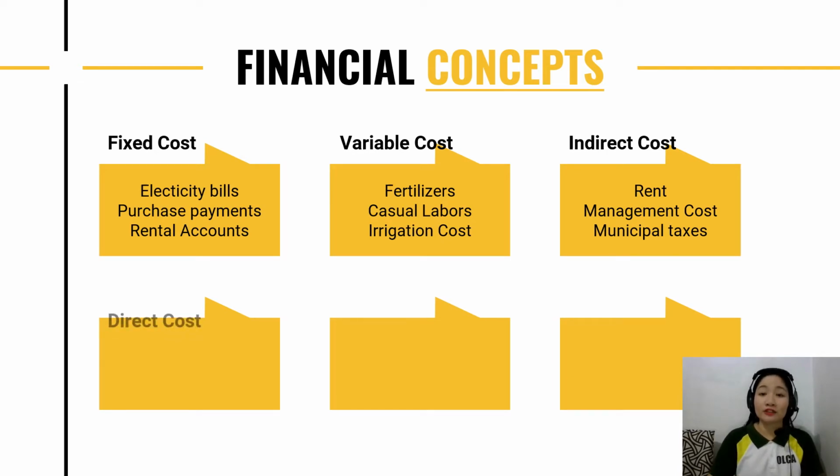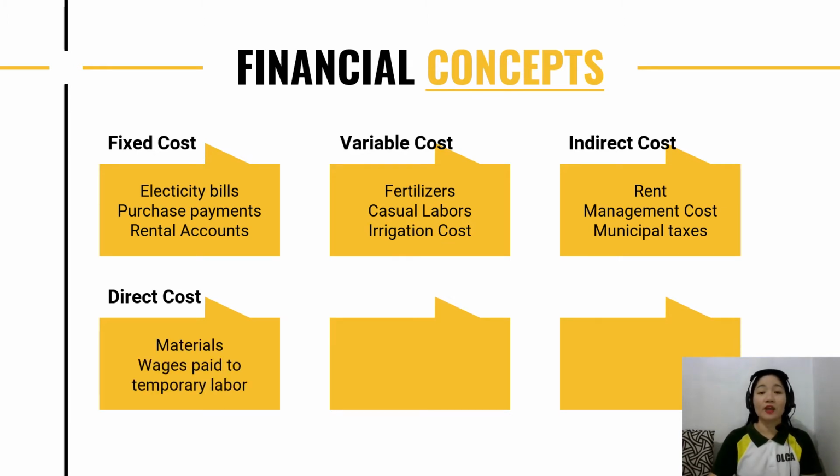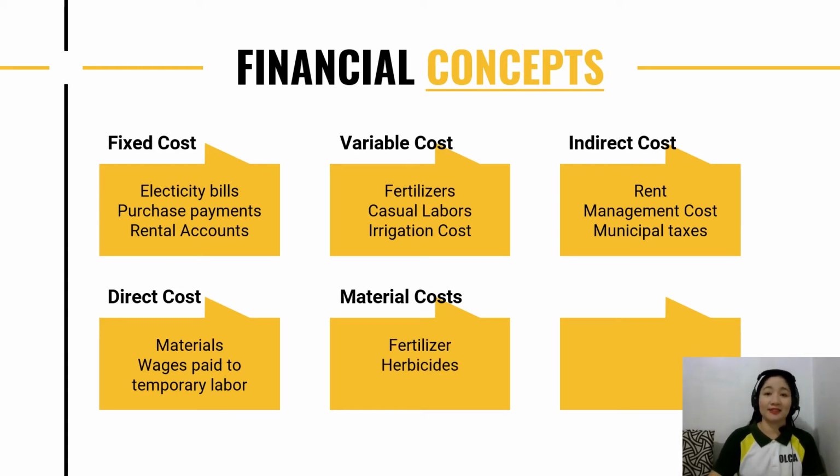The examples of indirect costs are rent, management costs, and municipal taxes. So the fourth one is the direct costs. The direct costs are costs that are directly linked with the production of a crop. They are also called the variable costs as they vary with the output. The examples of direct costs are materials and the wages paid to temporary labor. The fifth one is the material costs. These are costs for items that are used for production and may include costs for fertilizer. For example, pesticides, herbicides, and